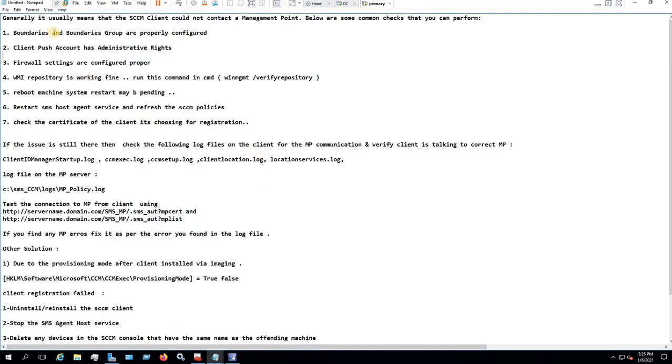So generally, let me tell you why you get this error. As you can see, the client is installed but the actions are missing. Generally it means your client is installed but it is not able to contact the management point for the assignment. So that's why your actions are missing.